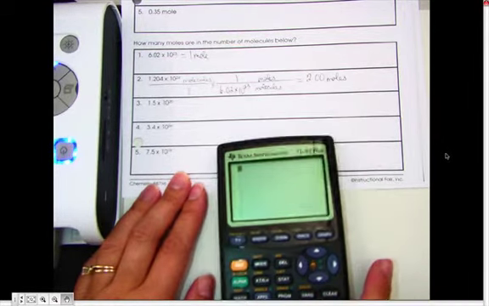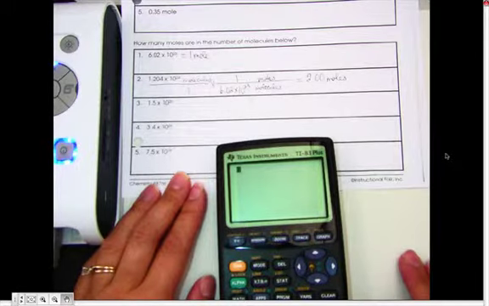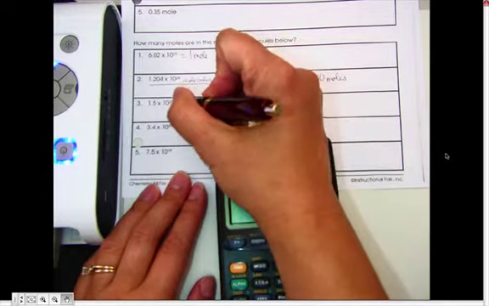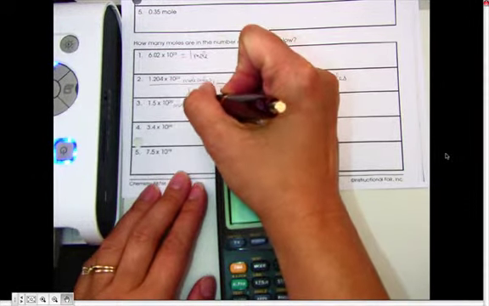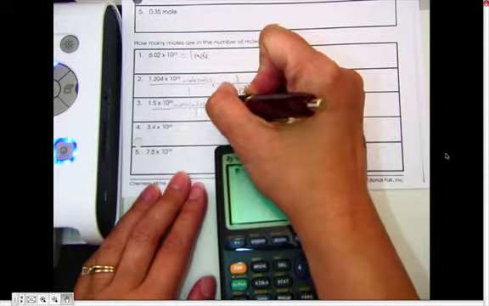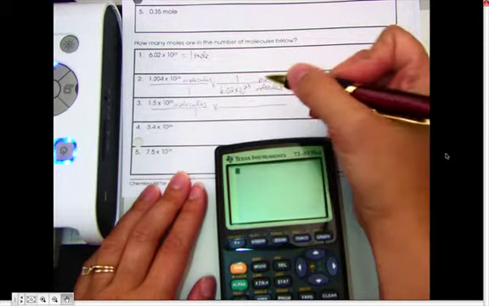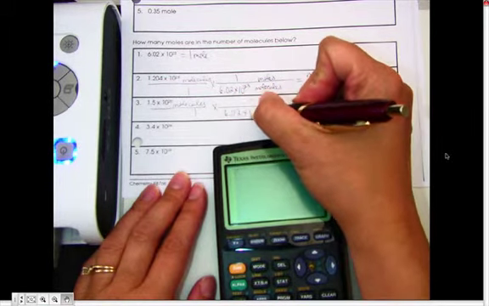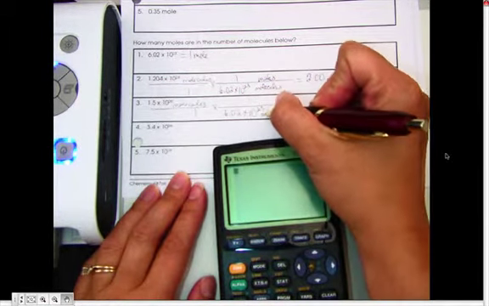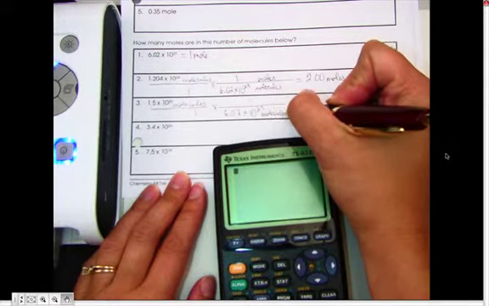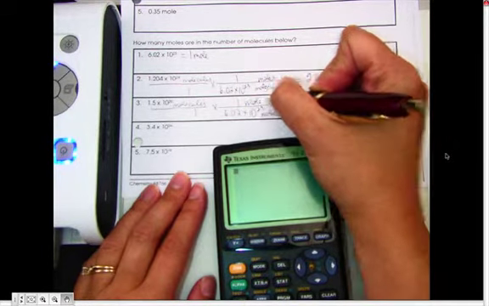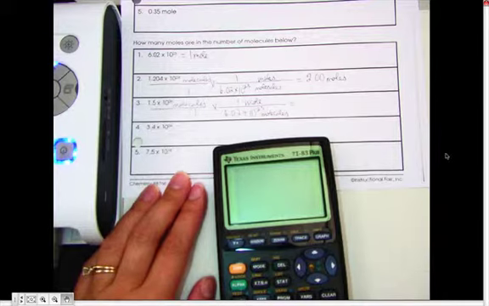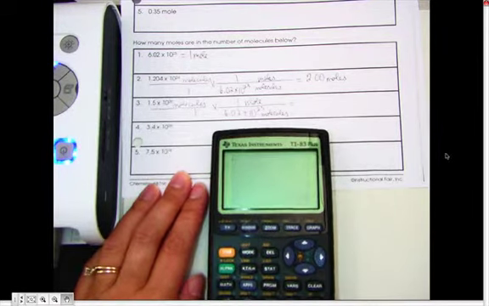Okay, how about the next one? Next one is 1.5 times 10 to the 20th molecules, and we want to find how many moles that is. So again, there are 6.02 times 10 to the 23rd molecules in 1 mole. And I'm going to be dividing. So 1.5